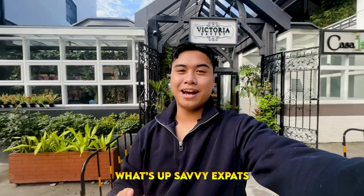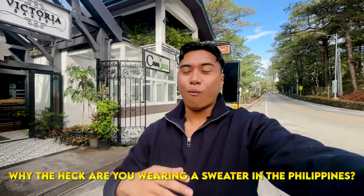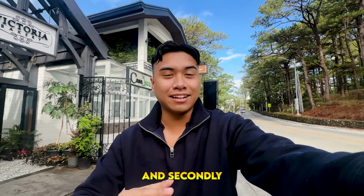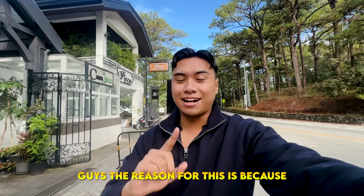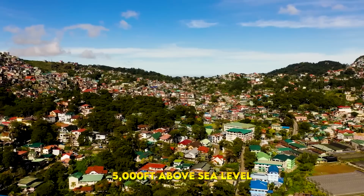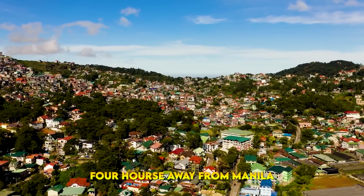What's up, Savvy Expats? You're probably wondering, Evan, why the heck are you wearing a sweater in the Philippines? It's so hot there. And secondly, why are there pine trees? Guys, the reason for this is because we are currently in Baguio, 5,000 feet above sea level, 4 hours away